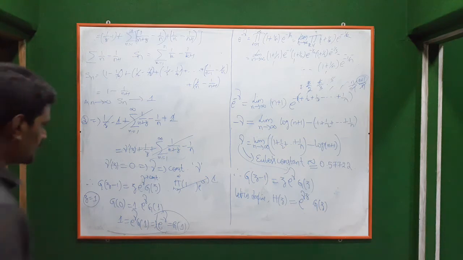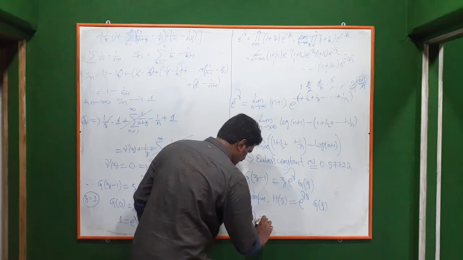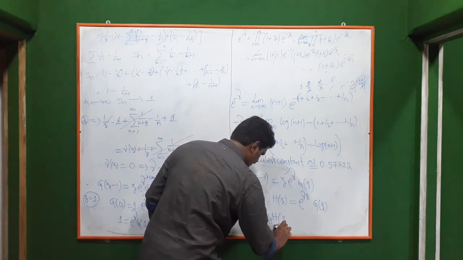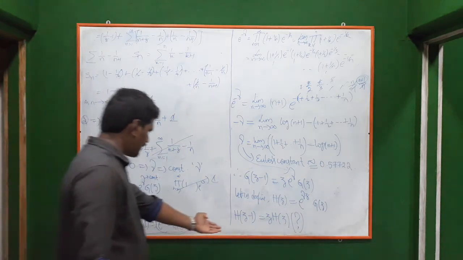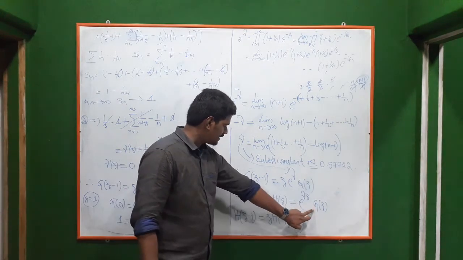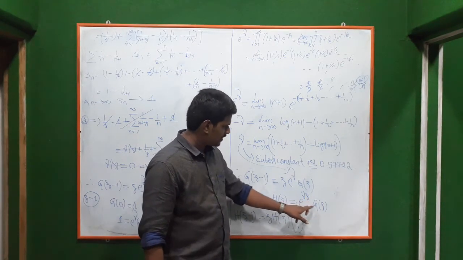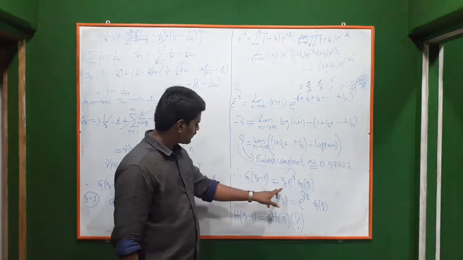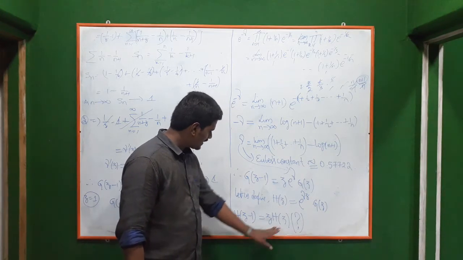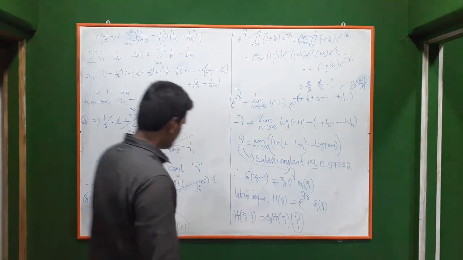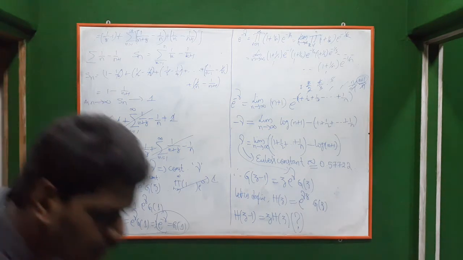Then h of z satisfies h of z minus 1 is equal to z into h of z. So you check how this is true. Consider h of z minus 1, and you know what is g of z minus 1. So h of z minus 1 means e power gamma of z minus 1 into g of z minus 1. G of z minus 1 is z into e power gamma g of z. So again we will get this, where z will be outside and h of z will be there. Just write: h of z minus 1 is equal to z into h of z. This is one property for h of z.